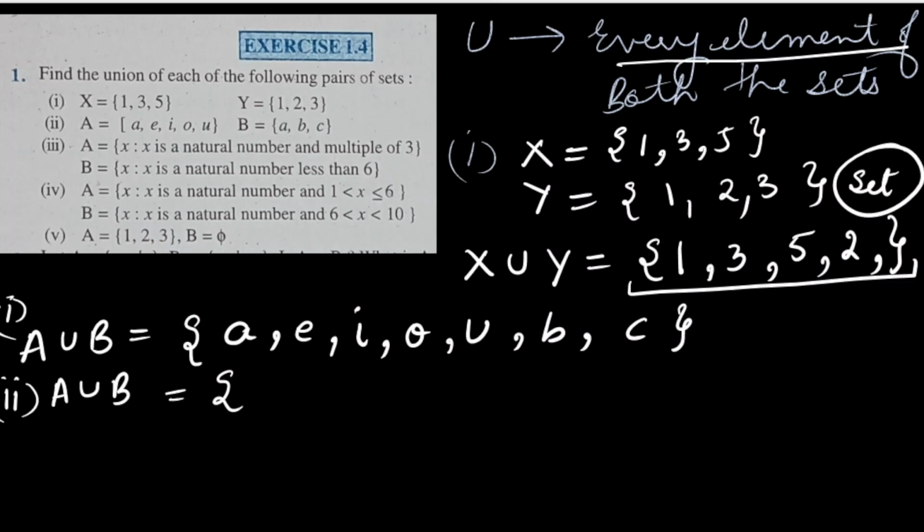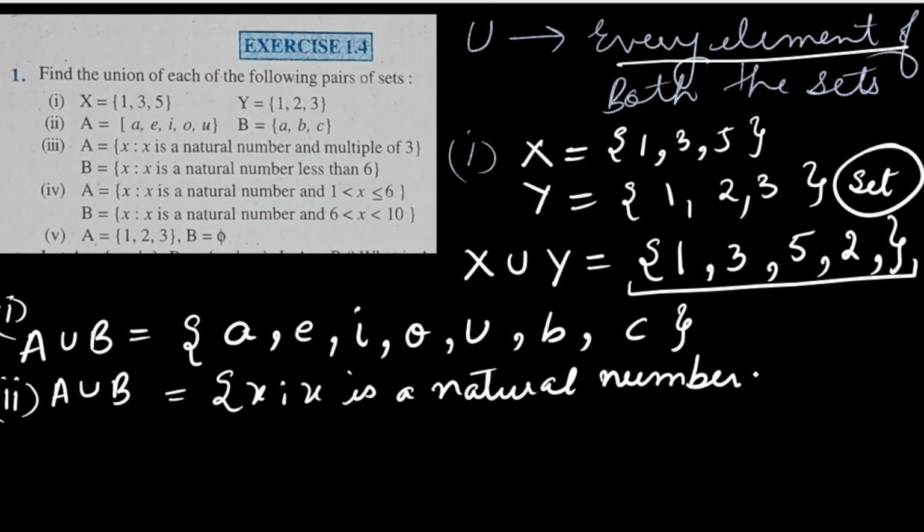If you want, you can write in the same form: x is a natural number and a multiple of 3. Because we have to write the elements of A, and we can see